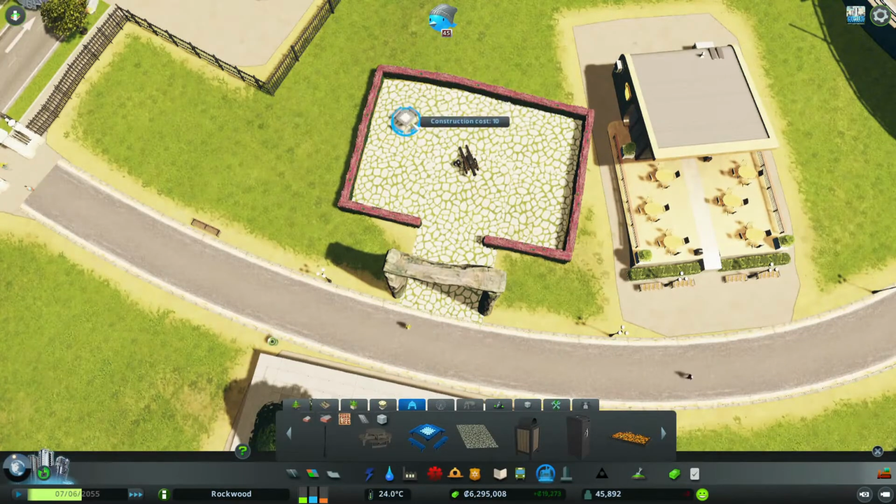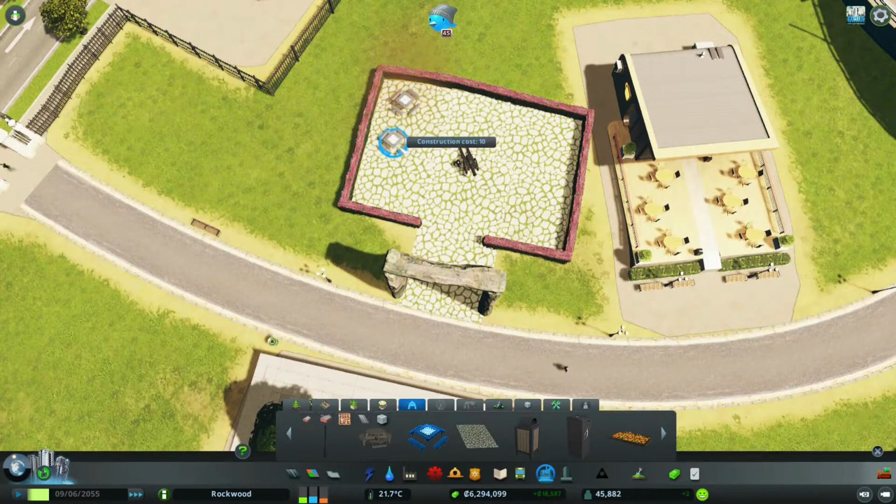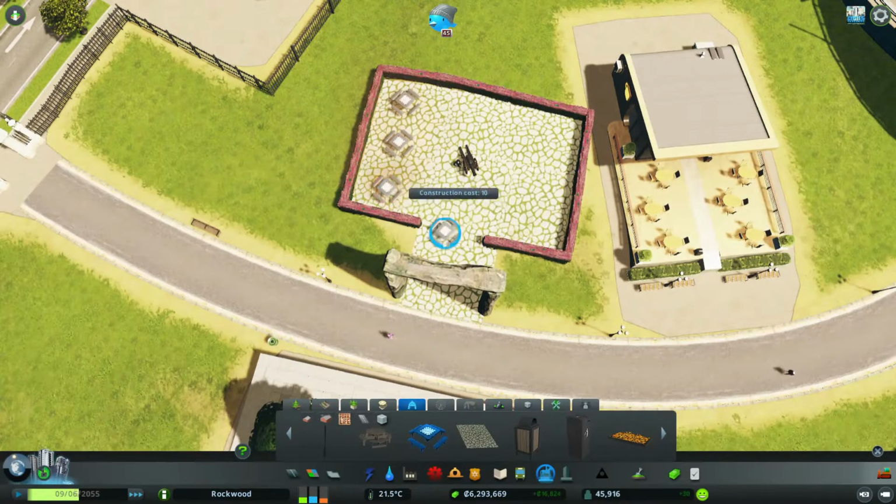Obviously you have to be careful with the placement, because in the center right here it says I can't place it because it's already occupied. That is where the floor tile is. So the game is considering that is the spot where the floor tile is. So you just have to place it slightly off center, and then it will allow you to place it very easily